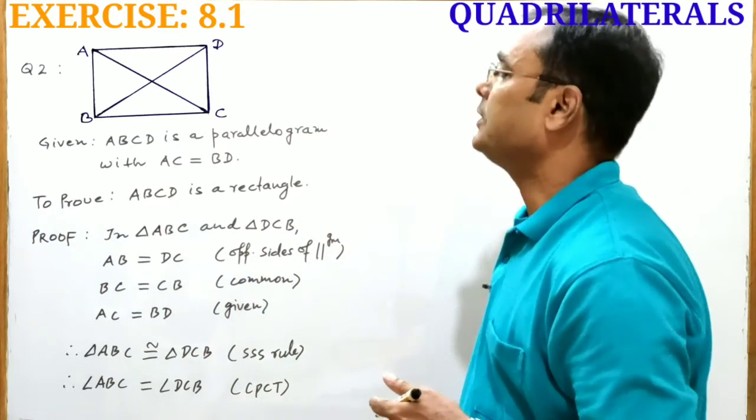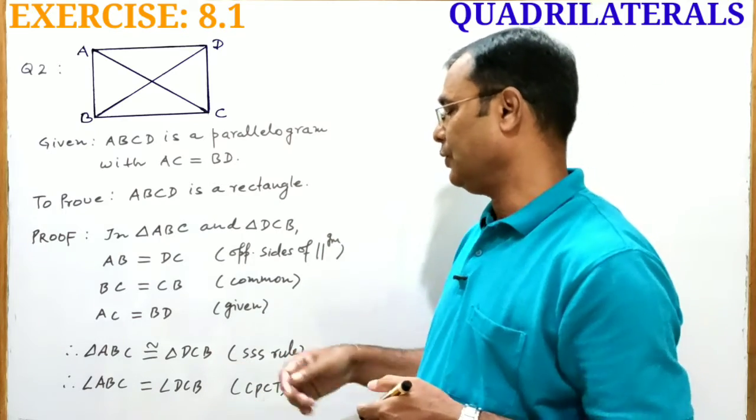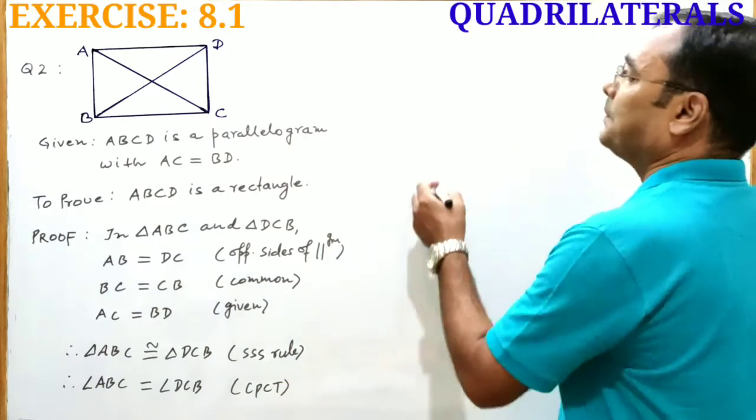So by CPCT, angle ABC is equal to angle DCB, but